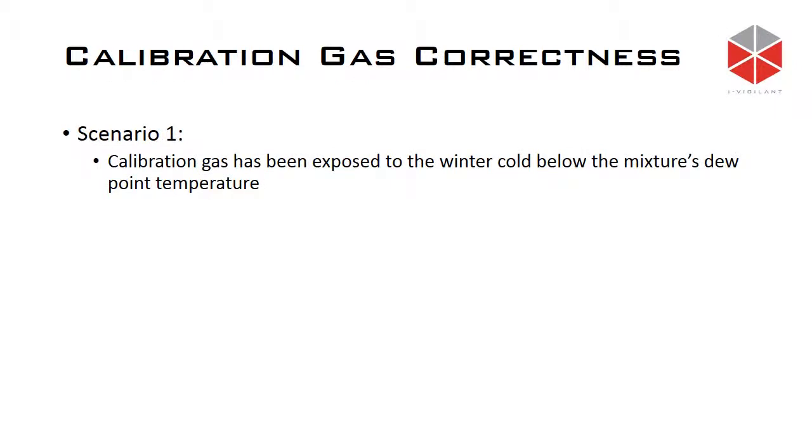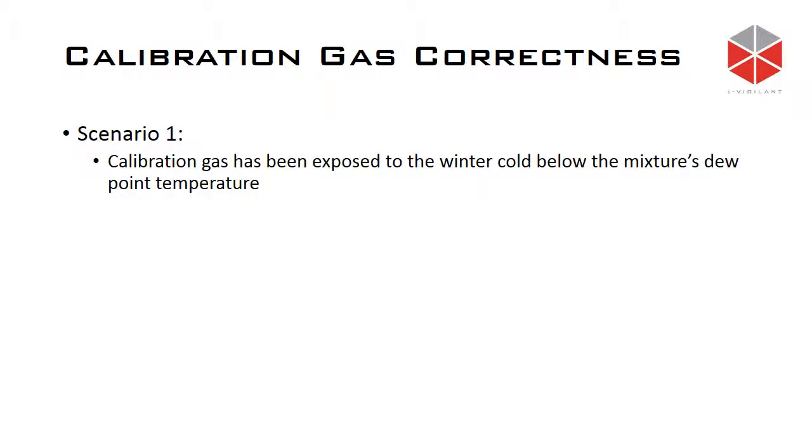So this current GC maintenance regime that we have, with the GC repeatability test and the control chart, doesn't really give us a lot of information on how to check the calibration gas correctness. People do have a method to check whether the calibration gas is correct or not. What people normally do is, when they change the calibration gas, they treat the calibration gas as a test gas, as a sample gas, and they check whether the result of the analysis